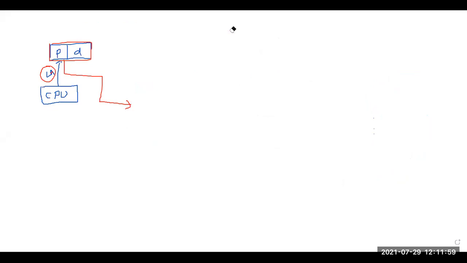Before discussing the numerical problems, I will explain two concepts. First, if the number of bits is given, how to find the total number of locations that will be supported by the memory and what the size of the memory will be. Then we will also see the reverse: if the size of the memory is given, how many total locations can be supported, and what is the maximum number of bits required. Let us first understand this conversion.